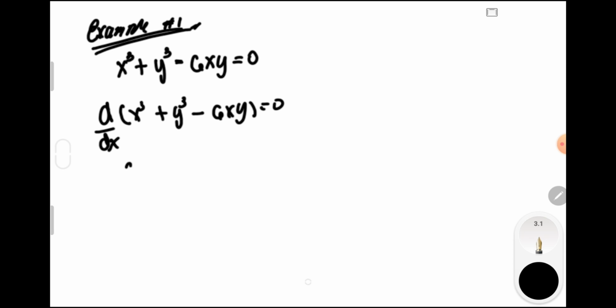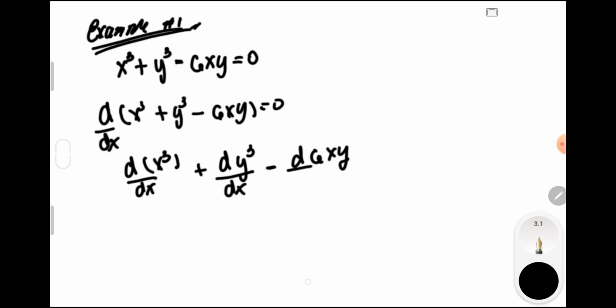So we will have the derivative of x cubed with respect to dx plus the derivative of y cubed with respect to dx minus the derivative of 6xy with respect to dx equals 0. So if you would perform our implicit differentiation, always take note that our dy over dx is equal to y prime or yung derivative ng y natin. So from this, we'll have a value of